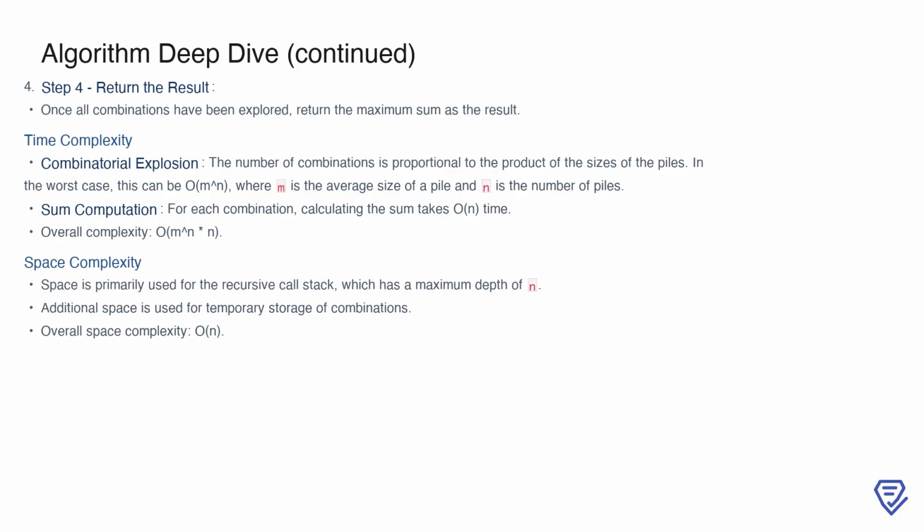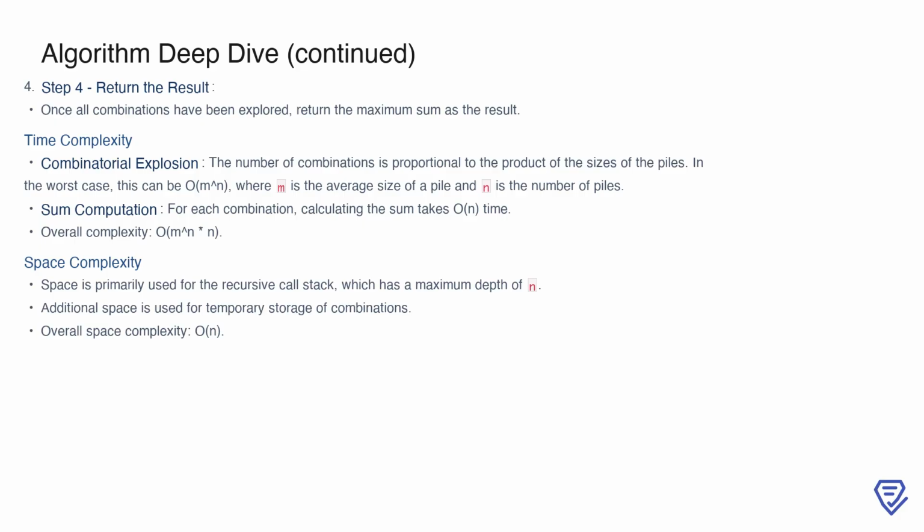While this method guarantees correctness, its inefficiency becomes evident when we analyze its time complexity. The total number of combinations is proportional to the product of the sizes of the piles. In the worst-case scenario, this results in a time complexity of O(m^n), where m is the average size of the piles and n is the number of piles. Additionally, for each combination, calculating the sum of selected coin values takes O(n) time. Combining these factors, the overall time complexity becomes O(m^n * n),